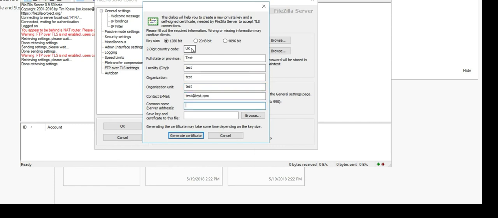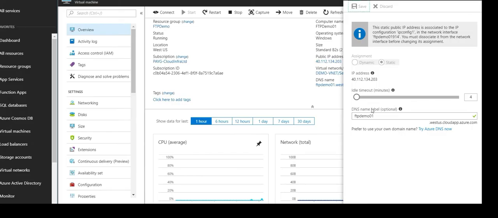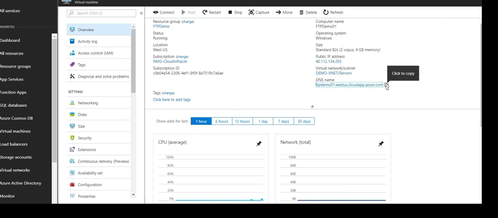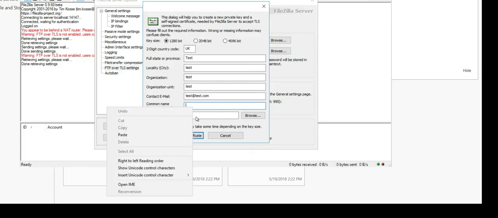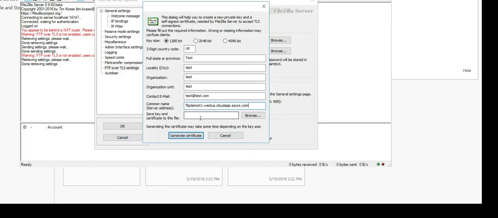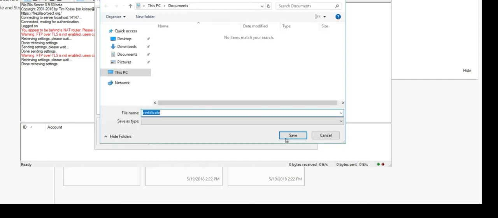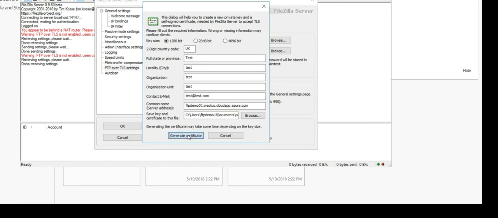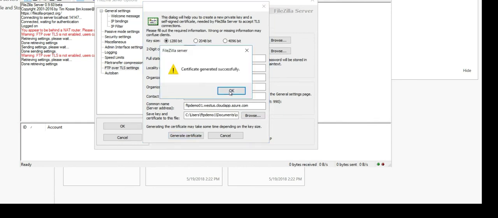And this bit is very important, the common name server address. This is where we need to put in the public DNS name that we created. So copy that, paste that in there, and save it locally. So this is where we're going to save the certificate, so I'm just going to save it in my documents. And we're done so successfully.